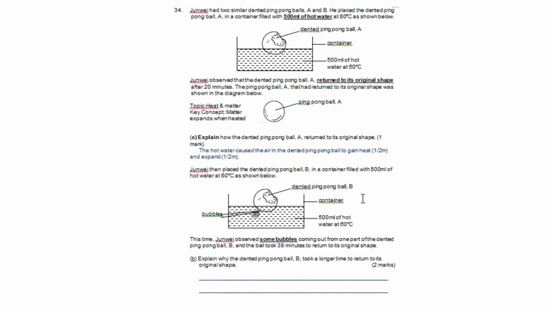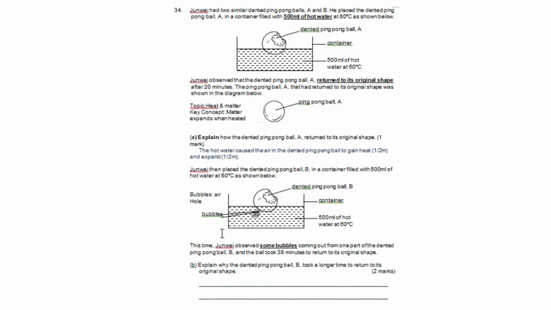Now, think about it. When you see bubbles, what does it mean? What is causing this bubble? Air, right? Air is the one. That means air is rushing out. So when there's air coming out of the dented ping pong ball, what happened to the ping pong ball? Yeah, there is actually a hole. You have to think it has a hole where air is escaping, because the bubble is telling you